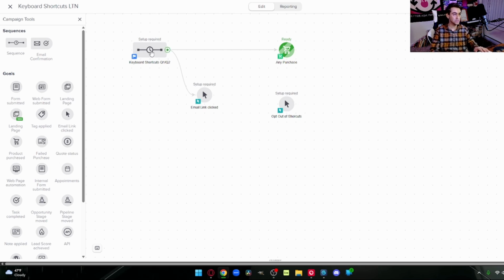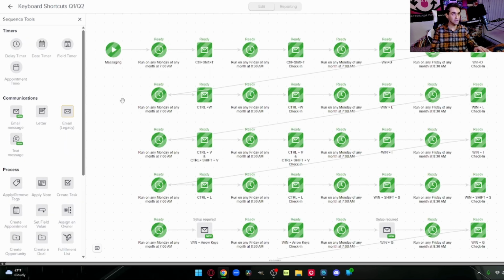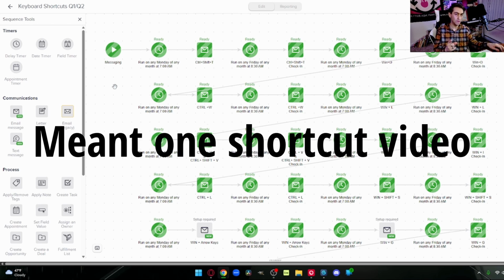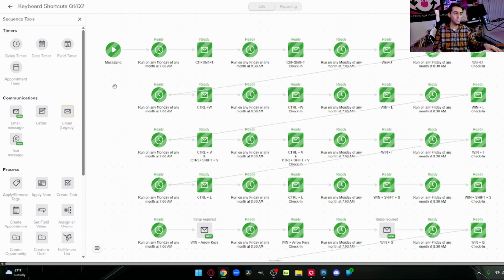Let's take a look into the keyboard shortcuts here. This is the sequence we are currently running. It always starts off as messaging, and then I have two different delay timers on here. One runs on any Monday of any month at 7 a.m., and the second runs on any Friday of any month at 8:30 a.m. We created these two because we wanted one email per week. So the very first email, which is the Control-Shift-T,